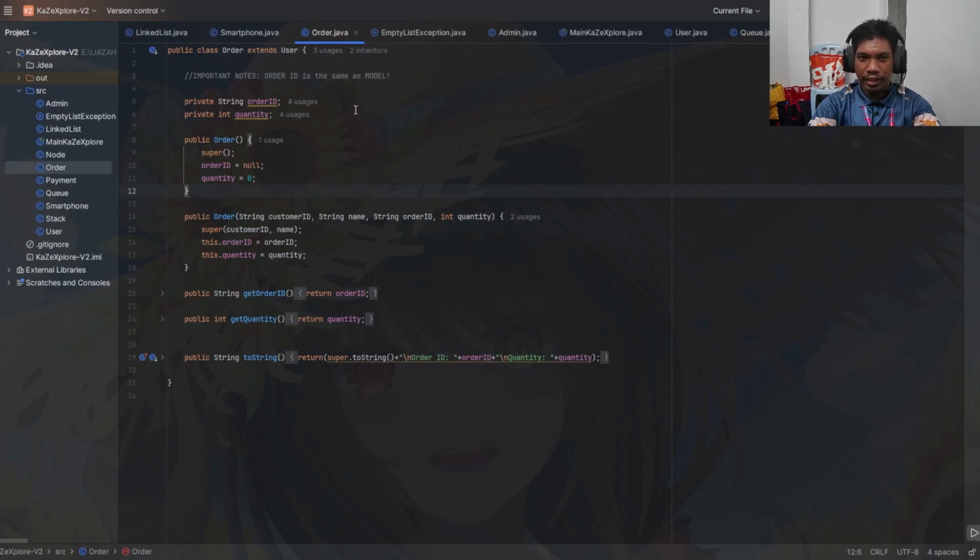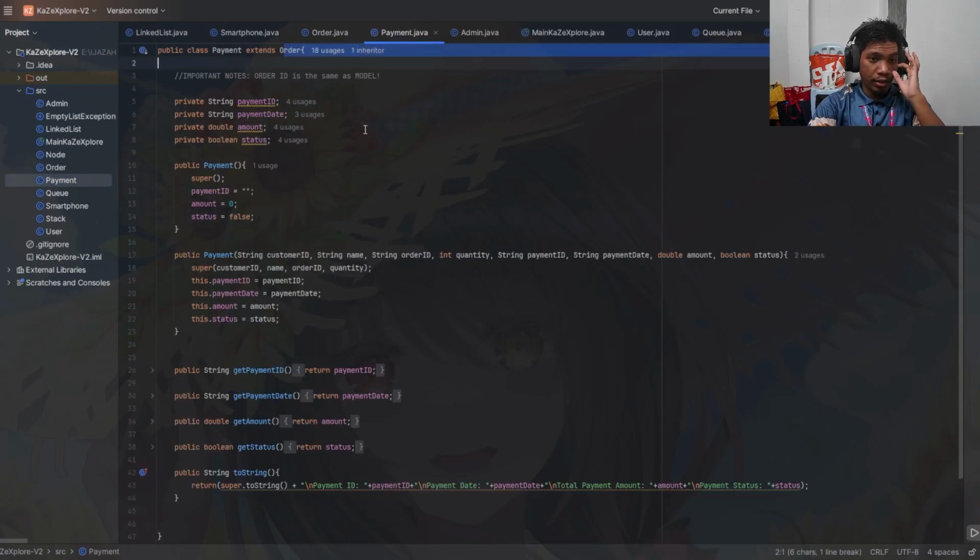Right, now we go to the order. Everything is the same. It extends user, because we want to get the user information. It has super, constructor, getters and toString. Then we go to the payment, which extends from the order. Payment ID, payment date, amount, and status are the